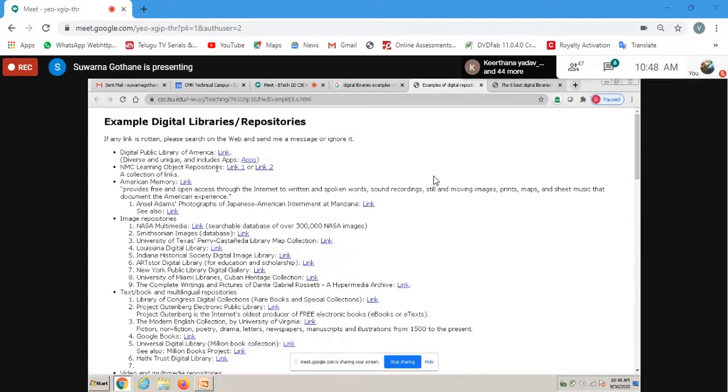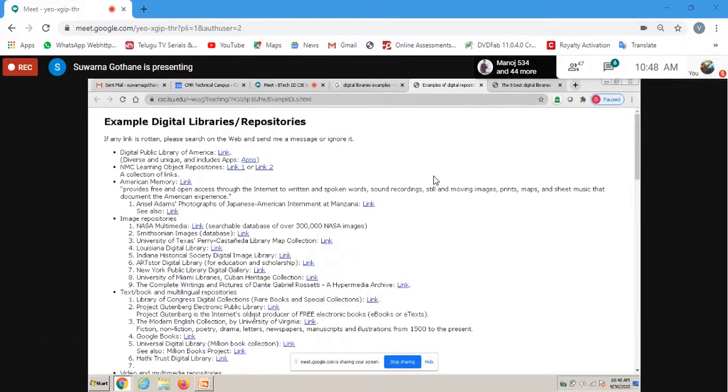Then NASA multimedia for the images, different libraries. And for American Memory, different libraries. For textbooks, different sorts of repositories are going to be there.